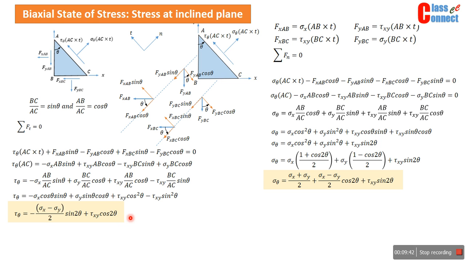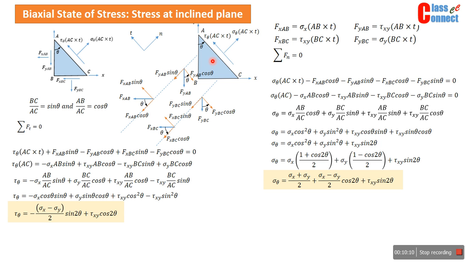So let us once again reiterate this particular concept, that we have rotated this xy axis by angle theta, so that we get x dash and y dash. X dash is represented by the n normal direction, and y dash is represented by this t direction. Now, the other thing that I would like to explain here, we have not